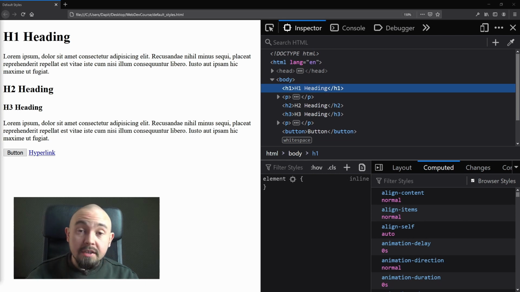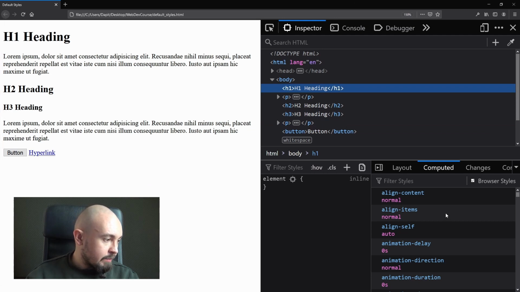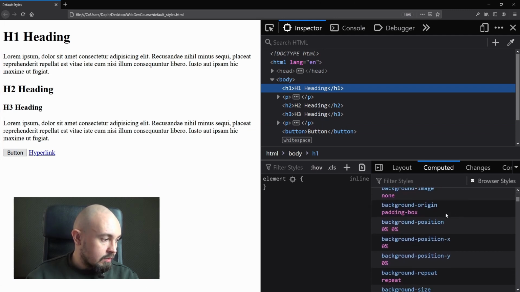We must be aware that all the properties of all the elements on the website are created by the browser when the website is displayed to the user. As you may know, we just added the H1 tag to our HTML document and didn't specify its appearance in any way, but as you can see, it has all these properties